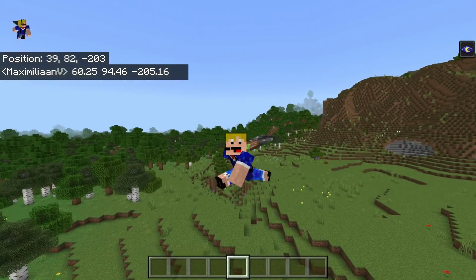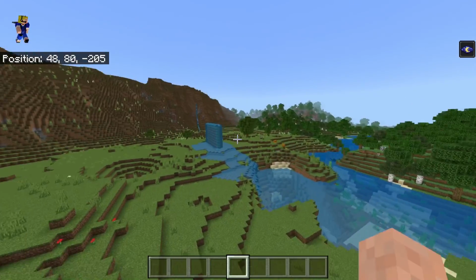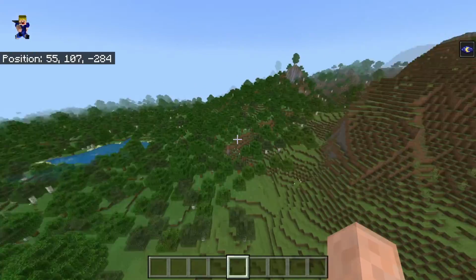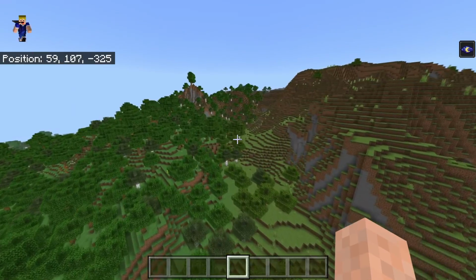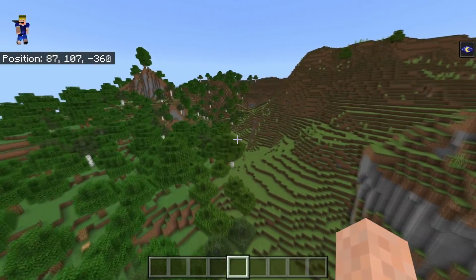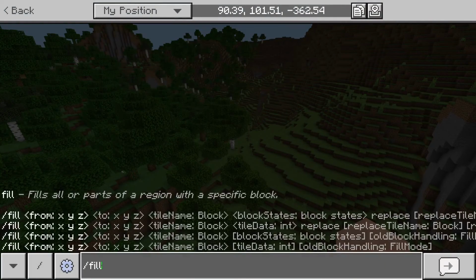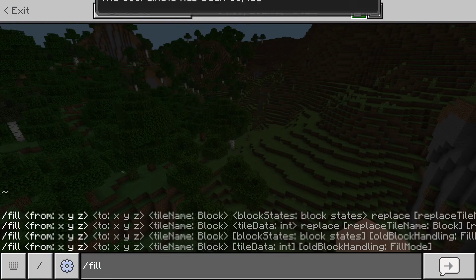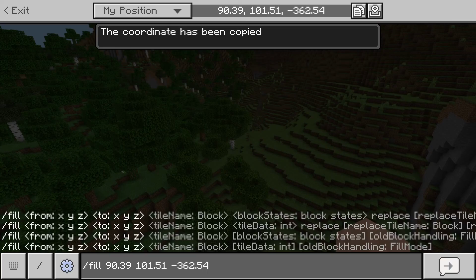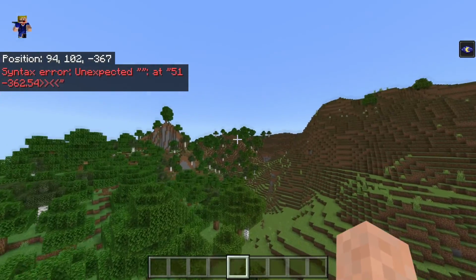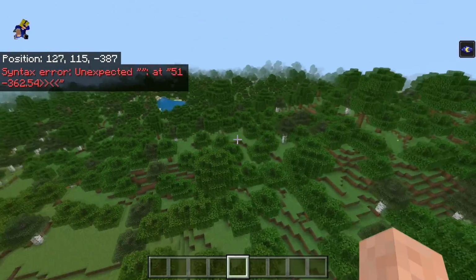So let's look at a nice use case for this. Let's see if we wanted to fill an area with some TNT. So let's go over here and let's try to fill this area with TNT. Let's say from this position in the air. All we need to do is do /fill space. Then copy and paste our coordinates, press enter, enter in here, and go to some new coordinates somewhere over here,